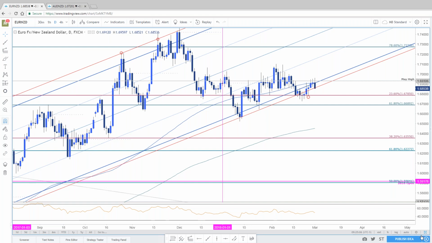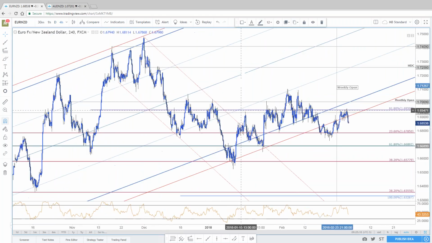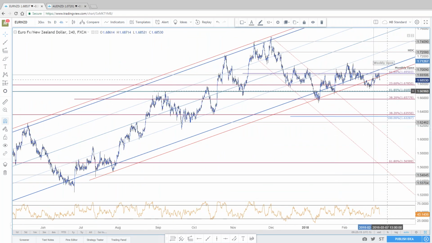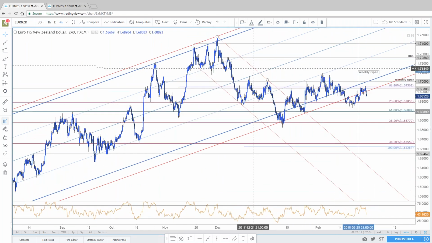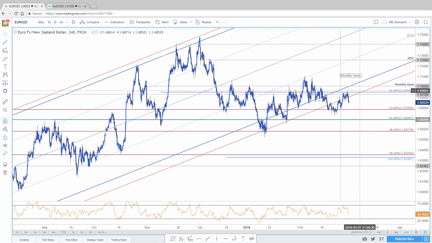Intraday, I want to see if I can find you some structure, because I don't like that you didn't get an acceleration on the break of this. You've kind of been straddling it. So let's see if we can work this out and get a little structure to this decline. Yes, stops at break even. Wondering: all out here or hold for more? Let me take a look here for a sec.